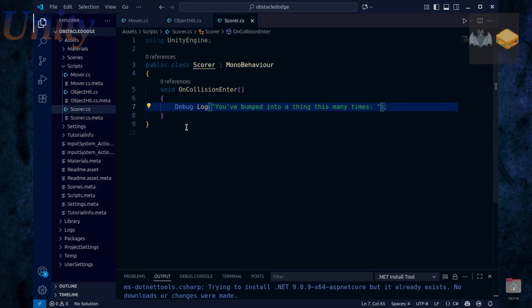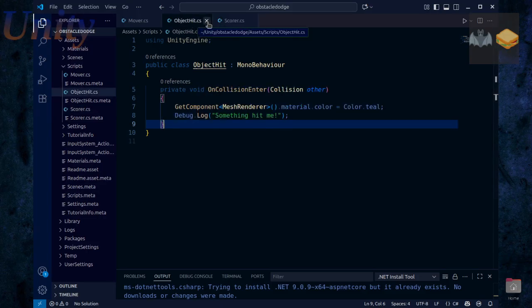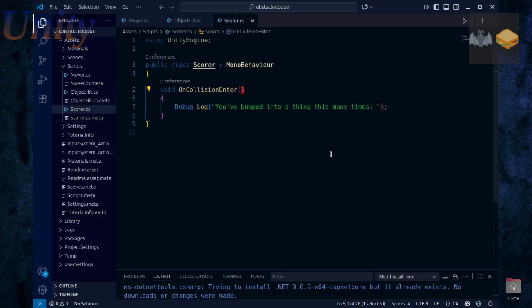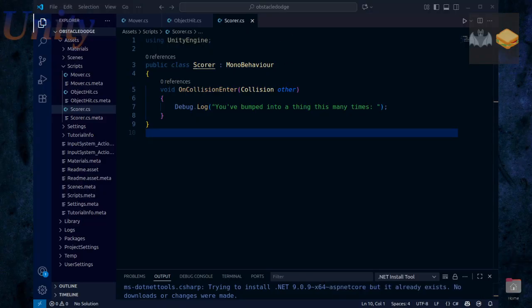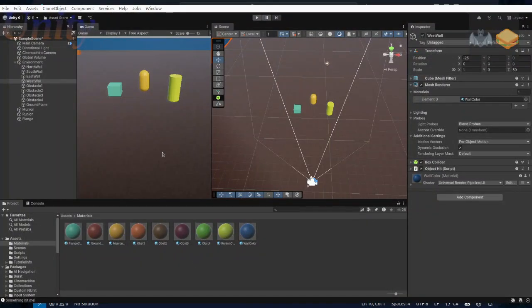Okay, and then the score, we just want to, when the player bumps into, oh, that's what I wanted to check out, collision other. We need a collision statement in here. When the player bumps into something else, we need that collision other. So okay, let's save that and go back to bring up our Unity window, see if everything compiles in accordance with the prophecy,